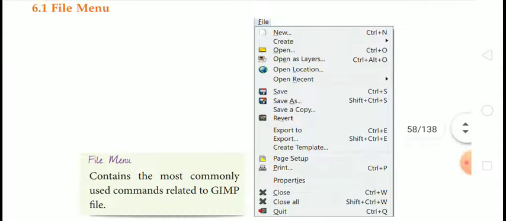You can see in the image, the file menu contains the most commonly used commands related to GIMP files.